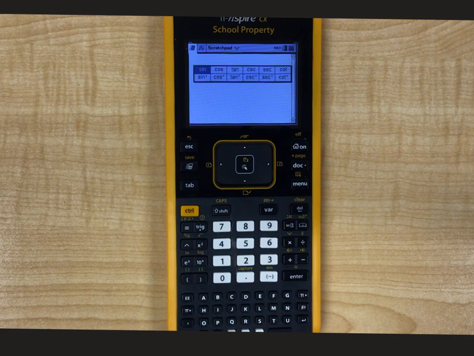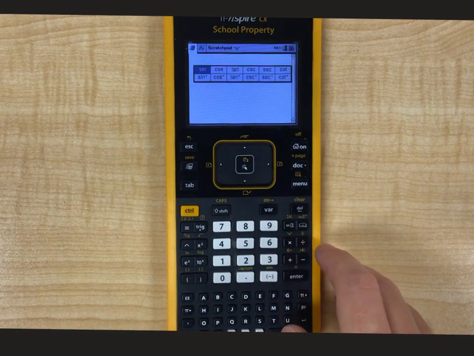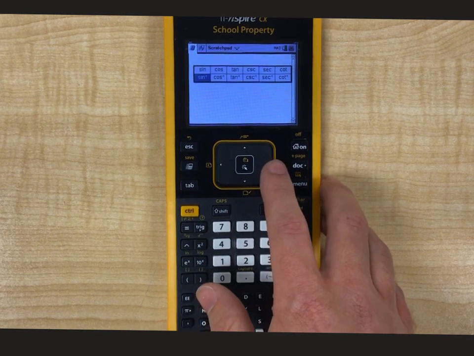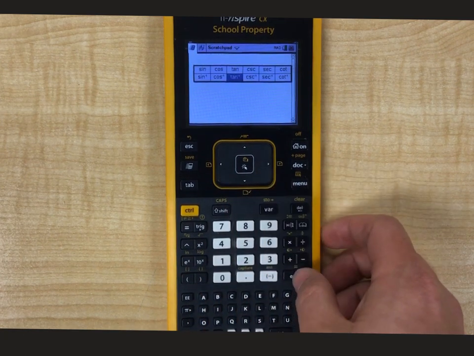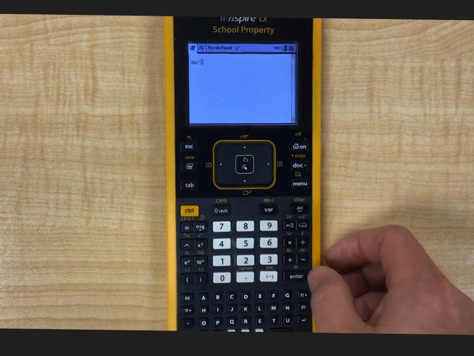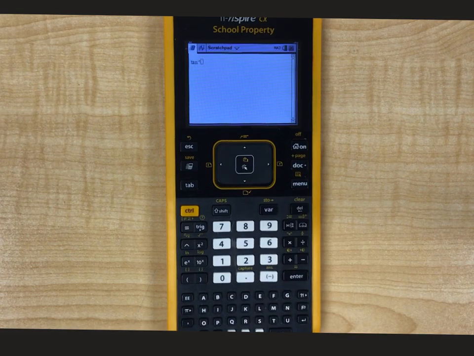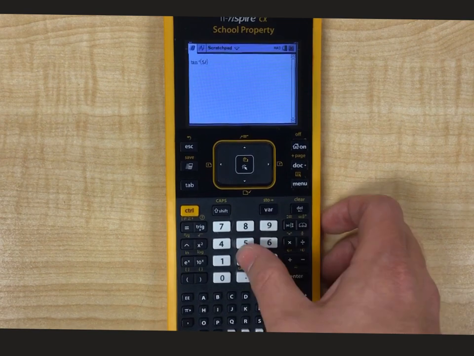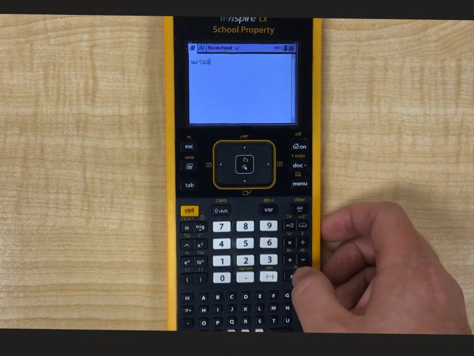Below each one is our inverse function. So below sine is our arcsine, below cosine is arc cosine, and so on. Now let's say I have a question that needs an arctangent. So I'm going to go over here to arctangent using the scroll pad, and click on it. If my question asks for arctangent of 5 divided by 2, I'm going to hit arctangent of 5